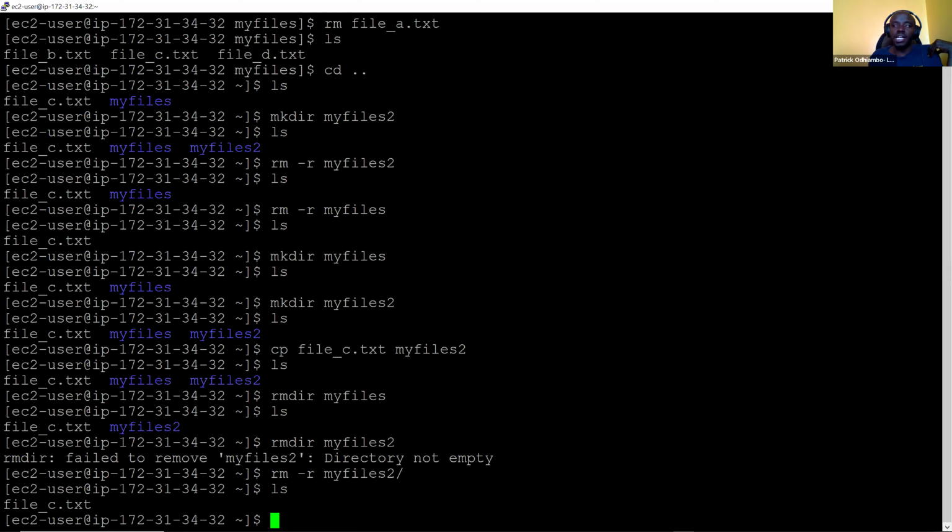So those are just some of the commands. Remove directory removes empty directories. rm -r is used to remove directories that have files inside them. And what is the difference between rm -r and rm -rf?